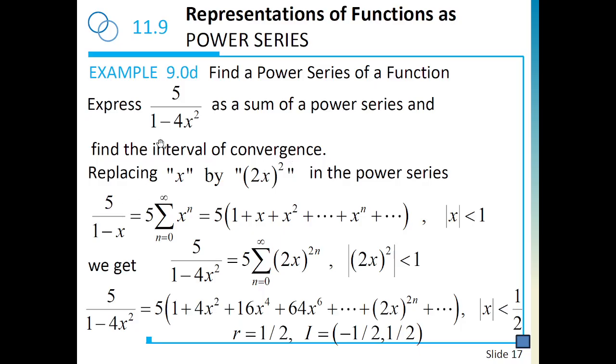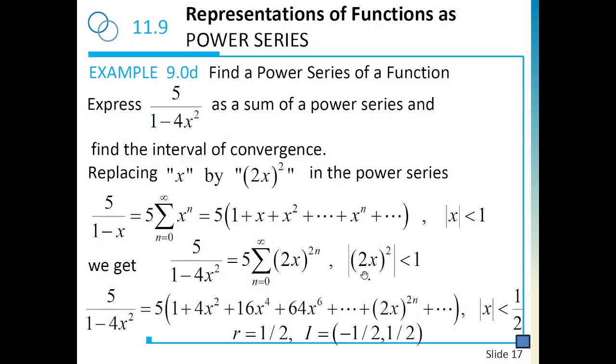So essentially, I have 5 divided by 1 minus x, so it's 5 times my reference series. And I need to replace now, in order to get this, x by 2x, everything to power 2. So instead of x, I'll write 2x to power 2. Right? So to power n, so that's what we get. And then the last piece, I need to replace x by 2x, everything to power 2 in the absolute value here for the interval of